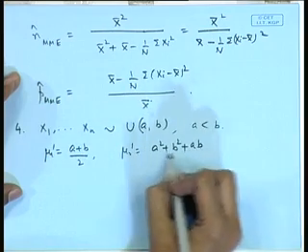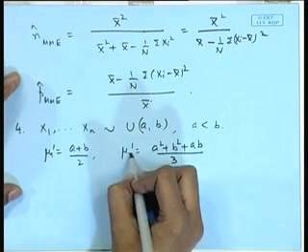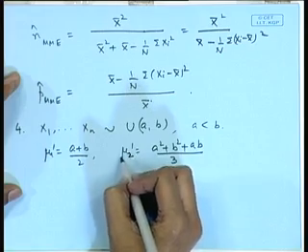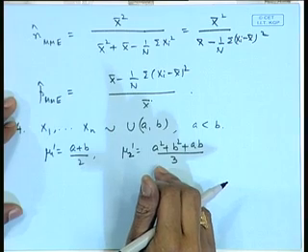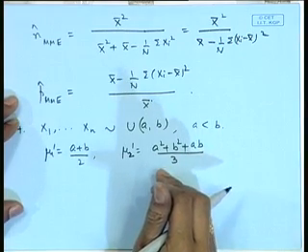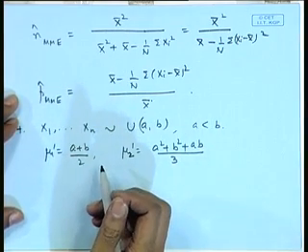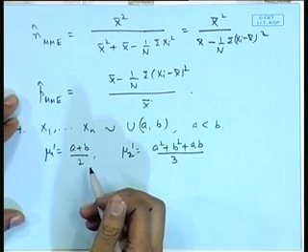(A² + B² + AB)/3. Now, many times you will see that when we have a multi-parameter situation, the solutions of the equations may not be trivial, because the equations need not necessarily be linear. In general, they may be non-linear equations, as you have seen in the binomial case, and the same thing is true in the uniform distribution case also. So, if you solve these things, you will get